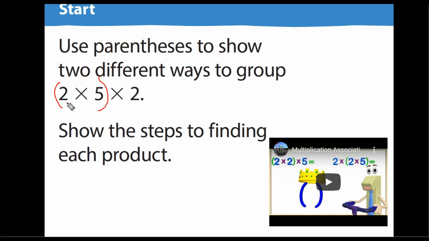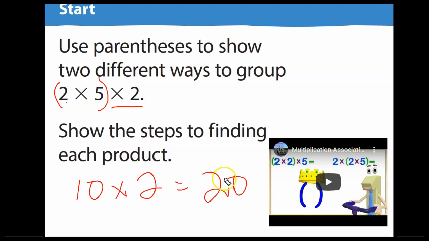What's 2 times 5? Okay, 10. And what do I have on the outside? 2. So I need to multiply 10 times 2, which is 20. Okay, so then another way to do this,